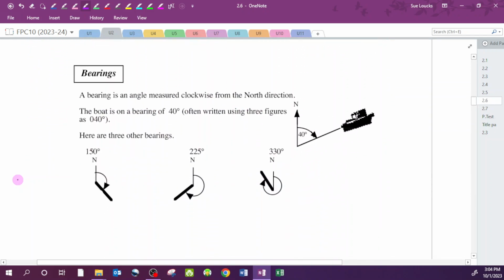All right, we need to talk about bearings. A bearing is measuring an angle clockwise from north. So north is 0 degrees. It's also 360 degrees because a circle has 360 degrees in it. So if it's gone 40 degrees from north, then it's just 40, although sometimes it's written as 040 degrees. This is just 3 other examples: 150, 225, and 330 is almost all the way around. Okay, we need that for the next question,